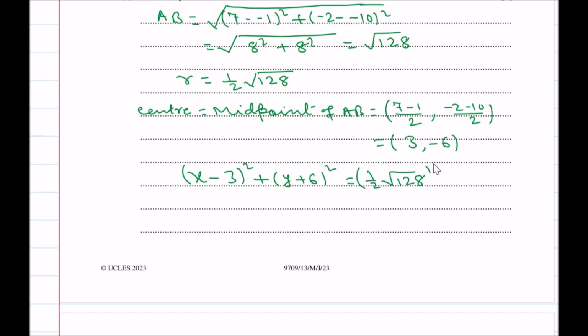So square it. So we got (x minus 3) whole square plus (y plus 6) whole square